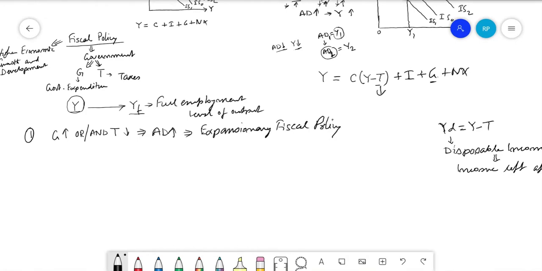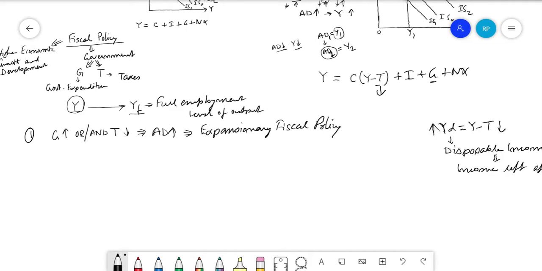The moment the government is decreasing the T at the same level of Y, that is the reason I was saying that consumption may change not only due to a change in your income, but even if income remains the same, other factors can affect your consumption. And one of the factors is taxes. So even if the income in the country remains the same, if your government has decreased or cut down the taxes, then your disposable income is going to increase. And if your disposable income increases, then definitely the level of consumption is also going to increase.